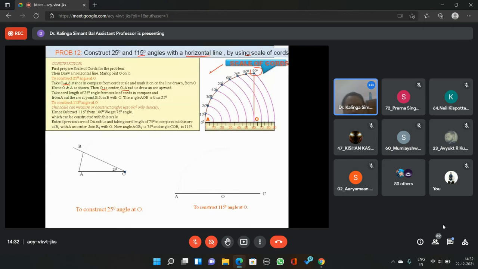We have to subtract the total from 180. So 180 minus 115 is the 75 degree angle which is included. For that 75, we can easily measure 75 here, from here to here. Put our compass here, cut the 75 here. Once we have done this, you can see this is the point I get, and I can join this one to get the included angle as 75. The other part will by default be 115 degrees. So in this way, we can measure and construct angles with the help of scale of chords.